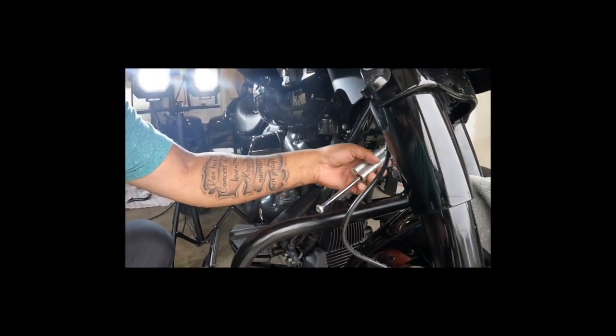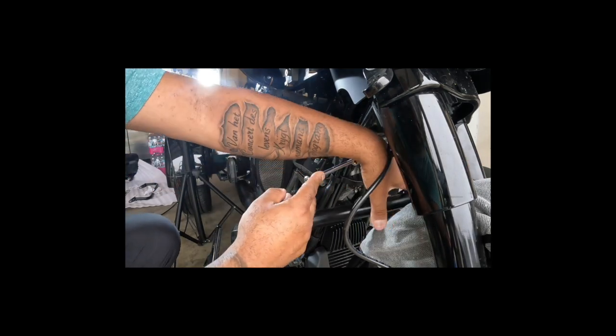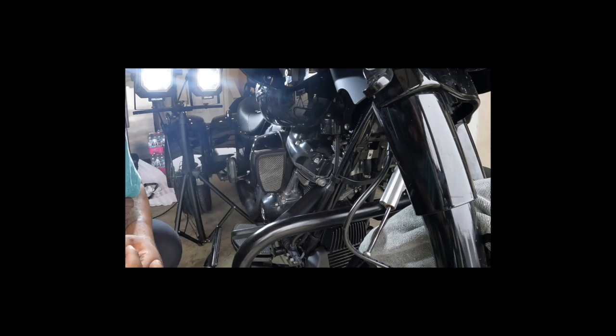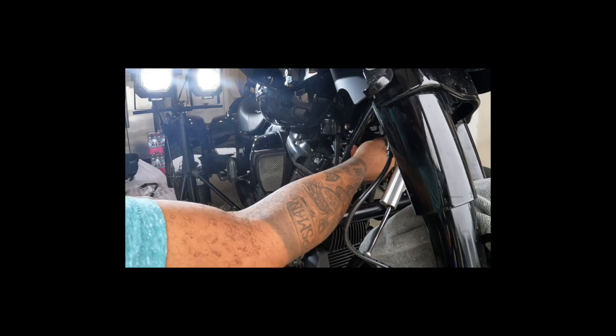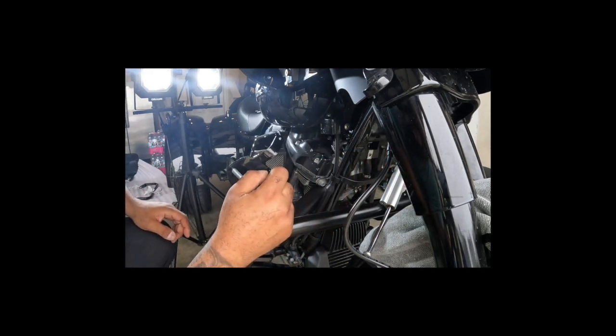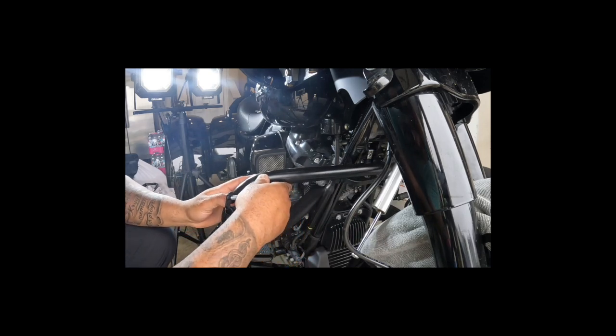Don't bang your stuff like I'm banging my stuff. You should have it covered. You know, like something like that. Yeah. There you go. Whatever. The bears. All right. So what I'm gonna do is put this on here. It's gonna sit up on here like so. All right. But that has to go behind it first. So I had put the bottoms in first, but